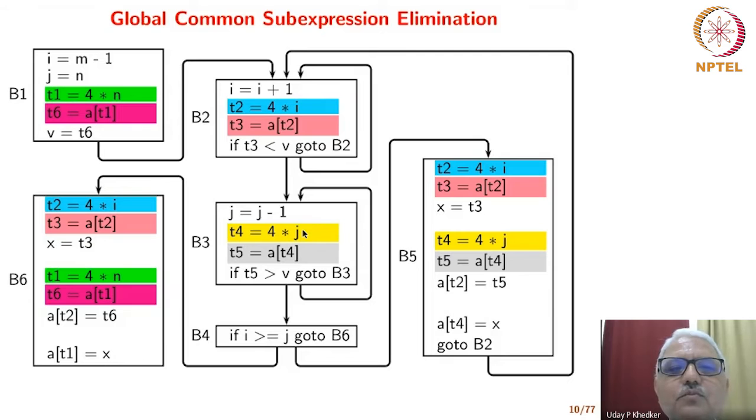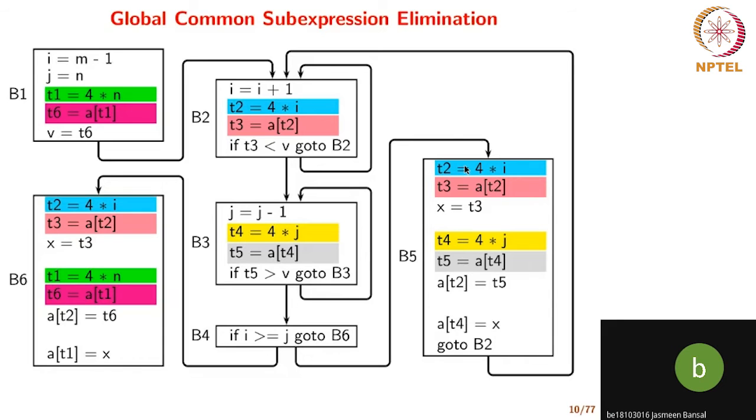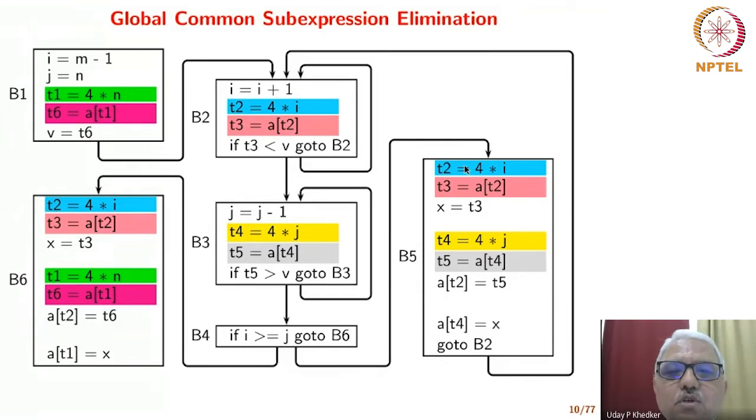So would someone like to tell me specifically about this 4 star I? There is an occurrence of 4 star I in B2, and there is an occurrence of 4 star I in B5. Do you feel that the occurrence in B5 is redundant? Can anyone express an opinion? Someone please say something. Yes, I feel it will be redundant since I is not changing its value through the course of